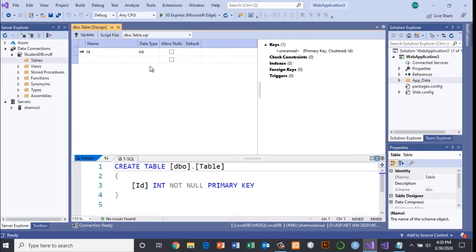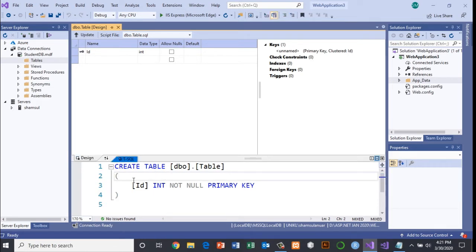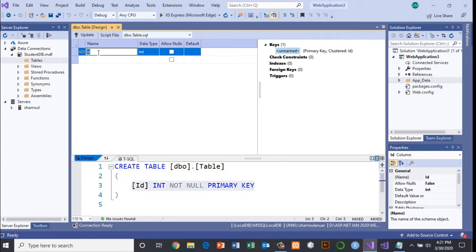This means you can create the table not using SQL, and you can see this is actually creating a database object by using the SQL command. Now let us look into this. I'm just going to show you how to create a simple table. For example, let's say we have the ID, and this is an integer.